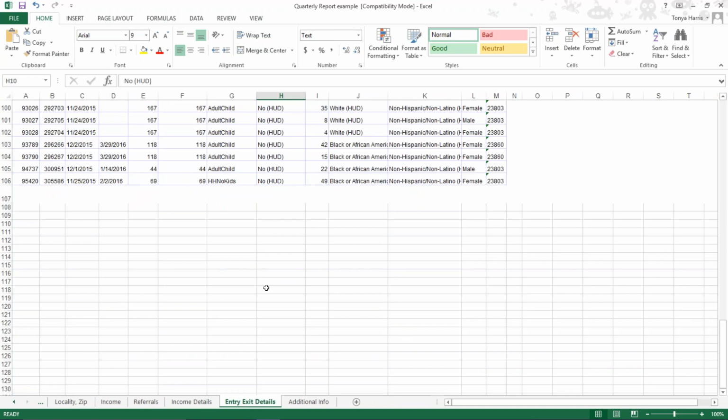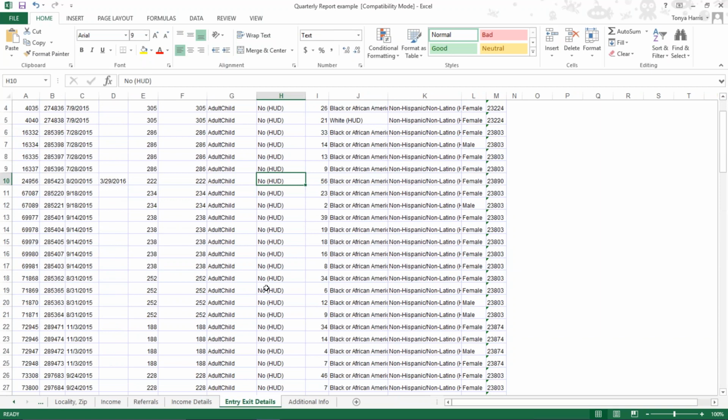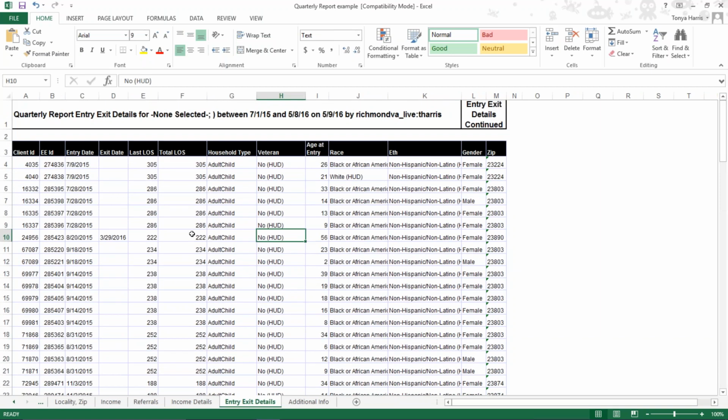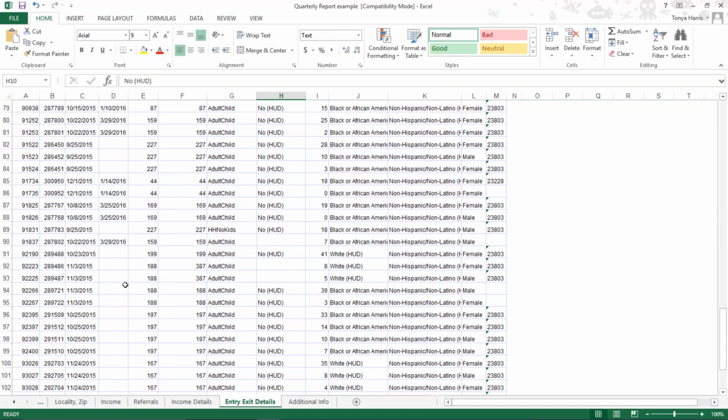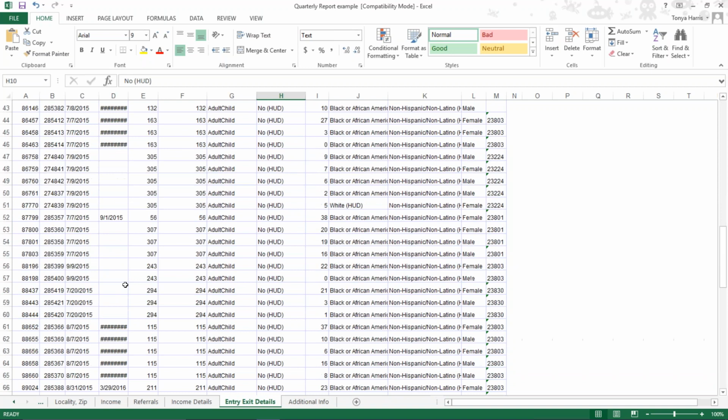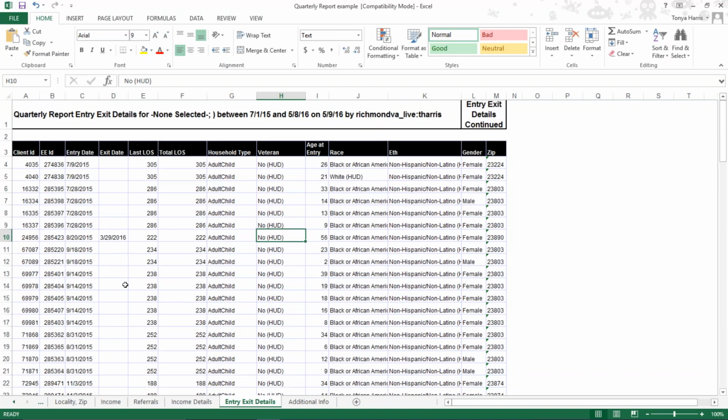Entry-exit details. Okay, so the entry-exit details are basically telling you which clients have an entry and which clients don't have an exit. As you can see on this particular report, there's quite a few clients that do not have an exit date. Okay, and I would imagine that whoever I ran this report for, that a client that entered in July of 2015